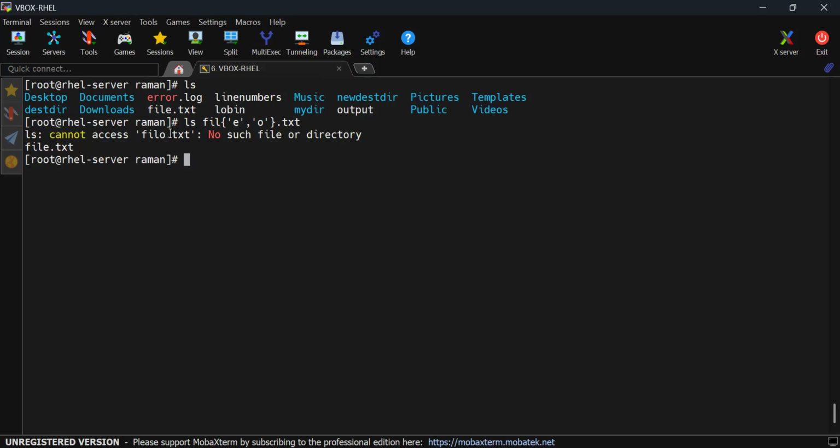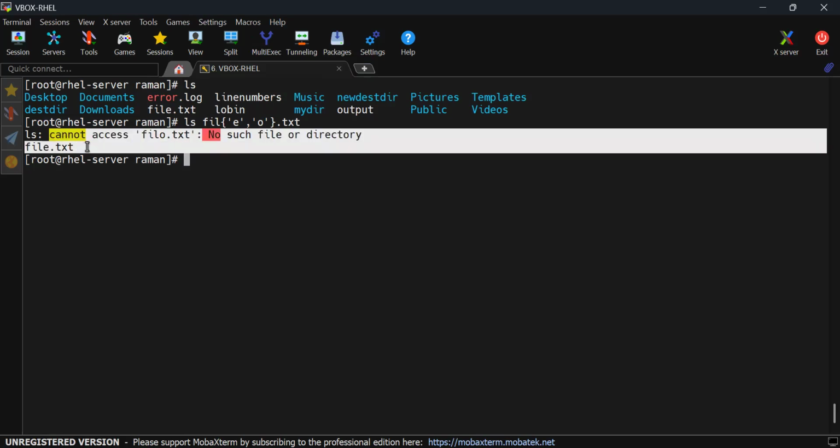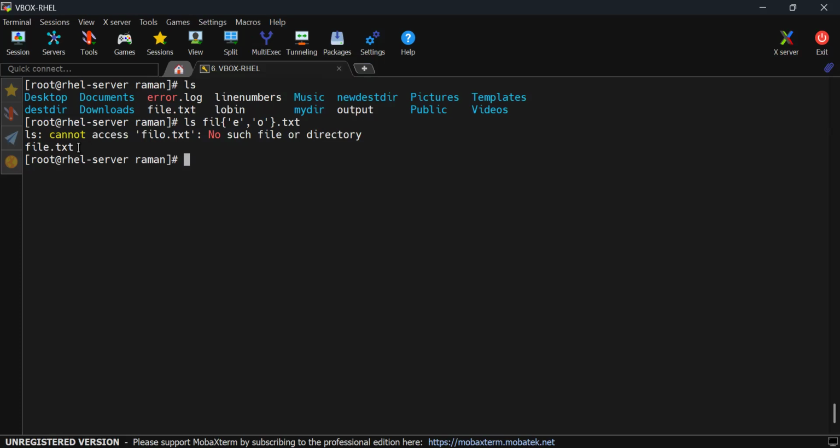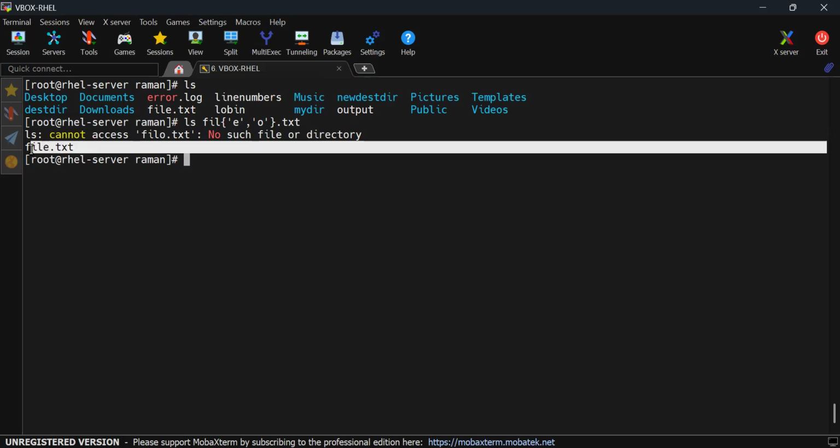Here it says file o.txt does not exist. So now there is one output and one error. The output is standard output, and I want it to go into a file,